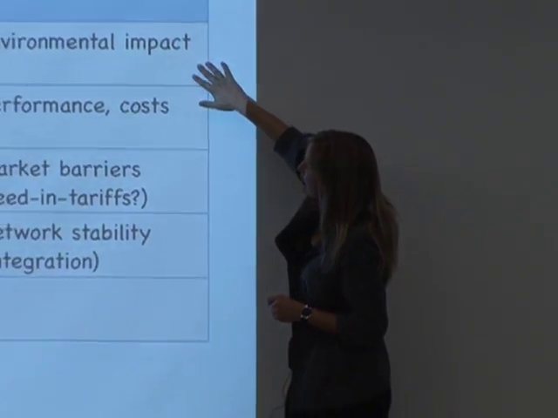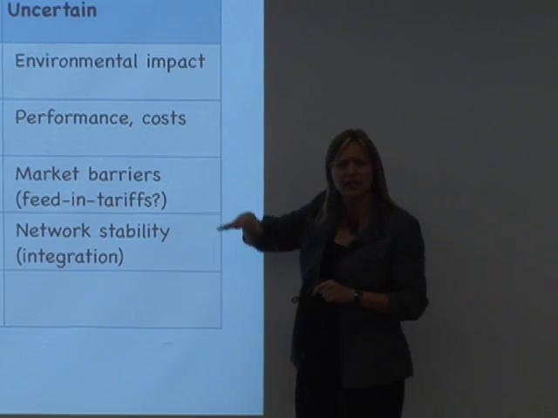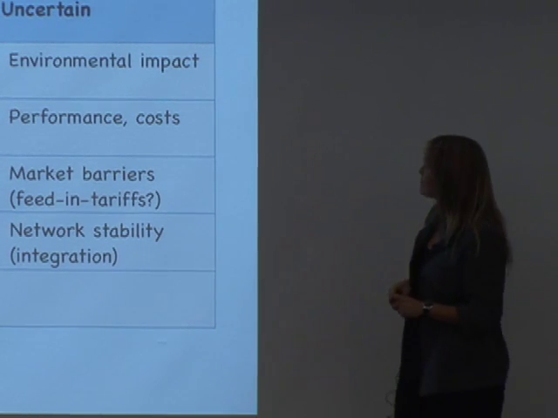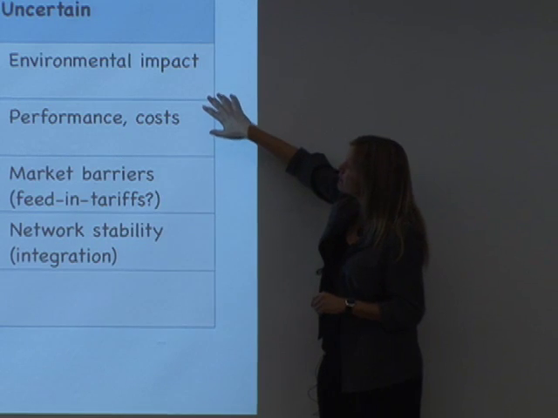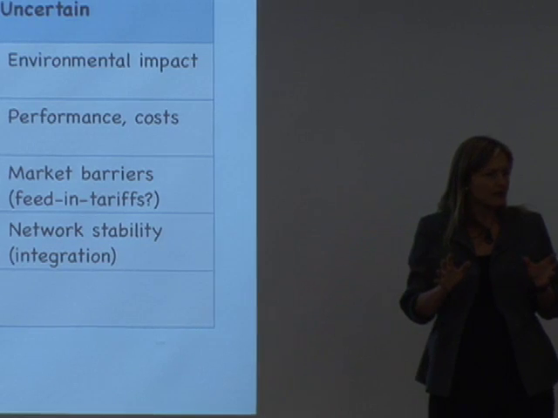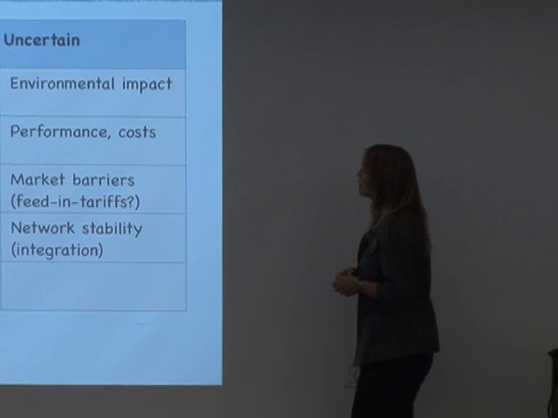Environmental impact is really still uncertain. Of course, with the oscillating water column, it was pretty clear what it does or what it doesn't do. But if you had a whole wave farm of Pelamis, people don't really know what will happen to local currents. If you extract the energy, does it have an effect on the local environment? Don't really know.